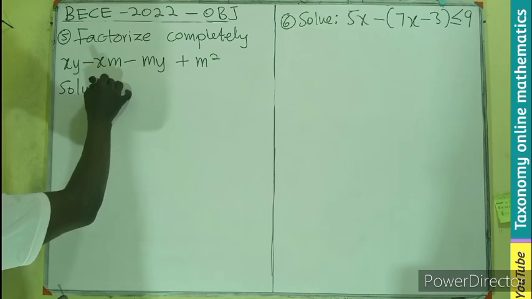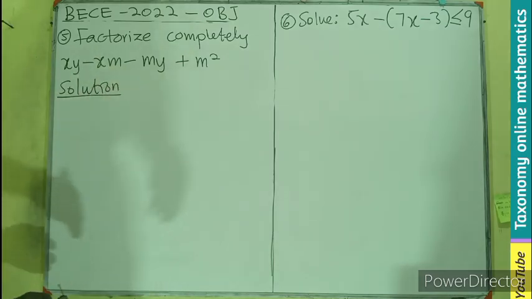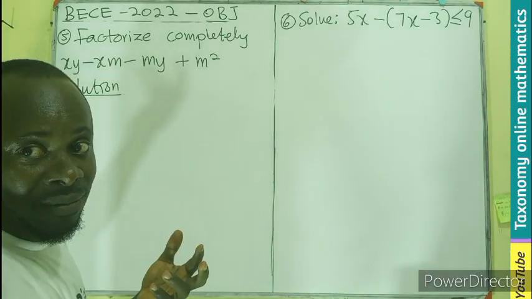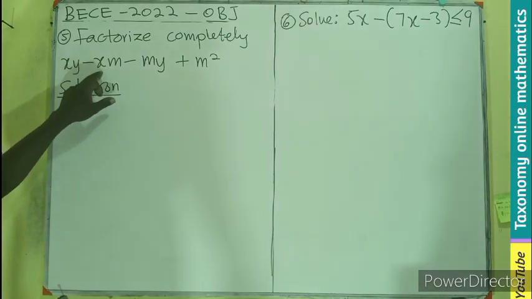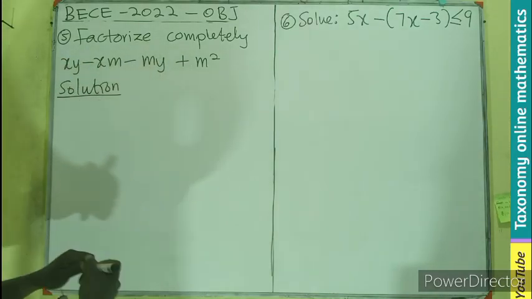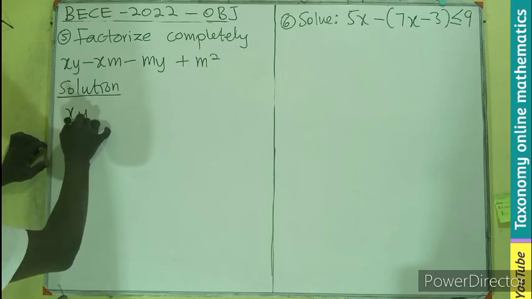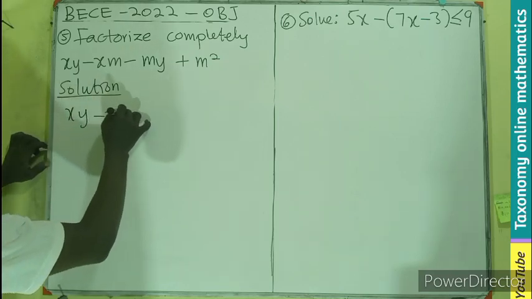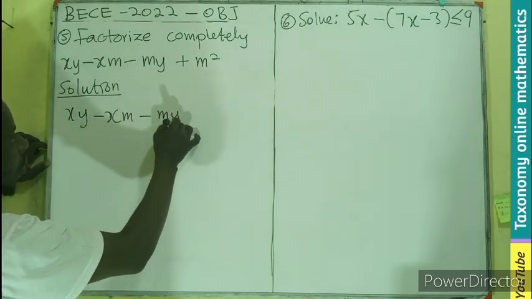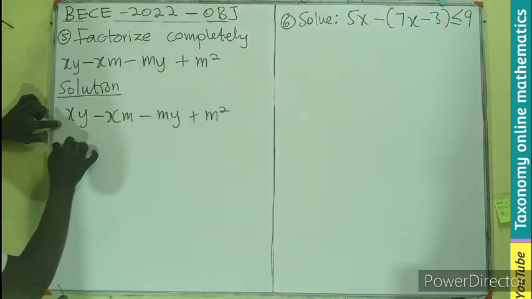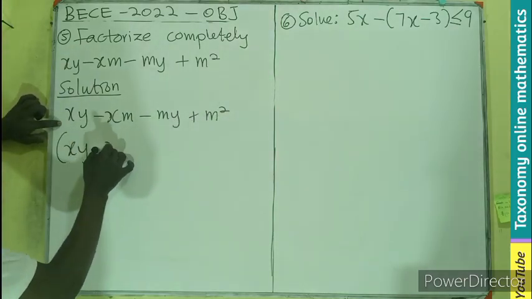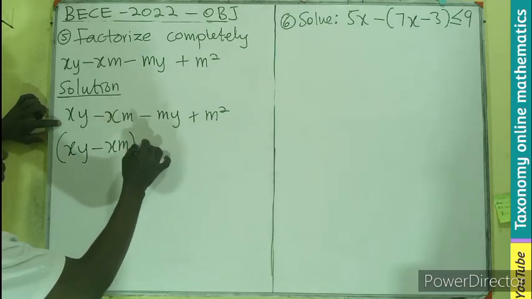This is on algebraic factorization by the grouping method. So we group the first two. We can see there's a common factor. So we group the first two and the last two. Then we find the common factors common to the two terms. So now I'll be having xy in a bracket with xm minus